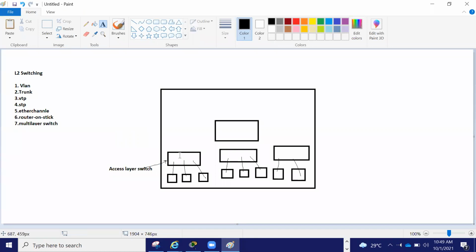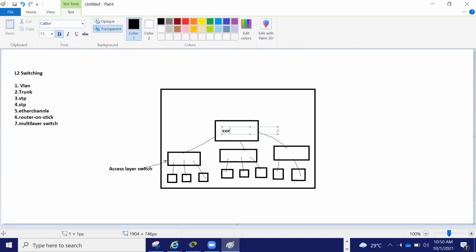So access layer switches. What are access layer switches? On the access layer switch, all endpoints will get connected. And from the access layer switch, where do they connect? They connect to the core switch. Let me write down: this is a core switch.